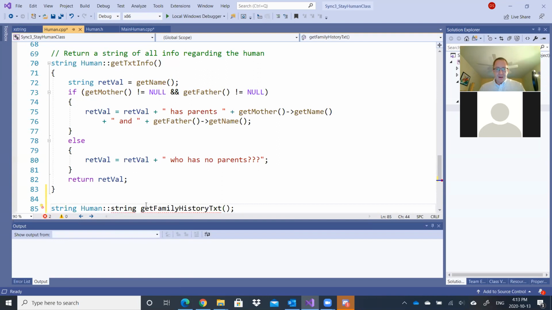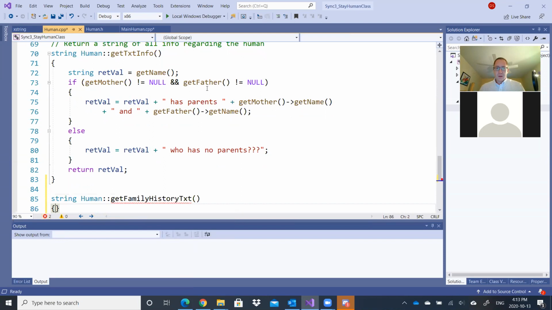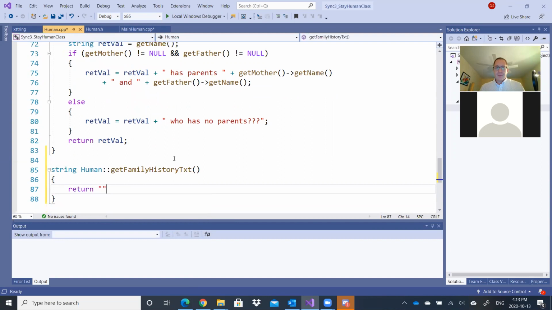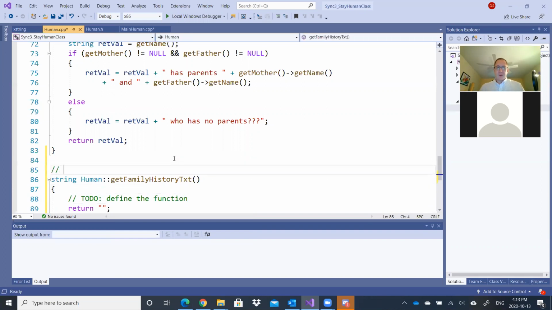And oh, I already made that name here. And all this thing is going to do right now, I'm just going to return this. Let's call it a to do. Define the function. All right. I just want to put some kind of little placeholder here. And I'm going to say string output representing all